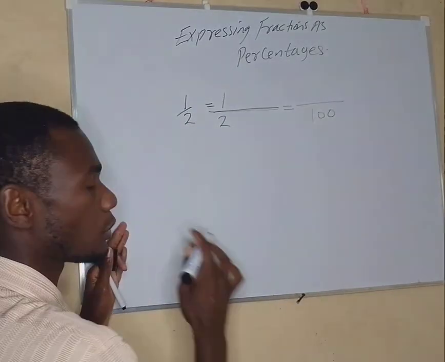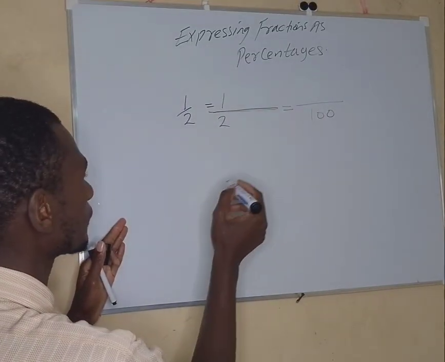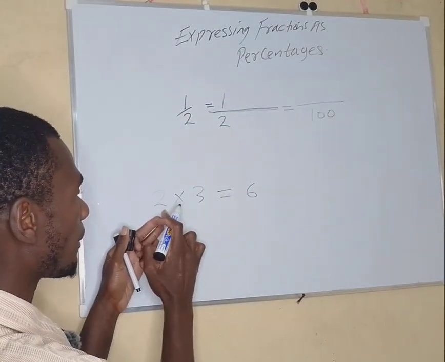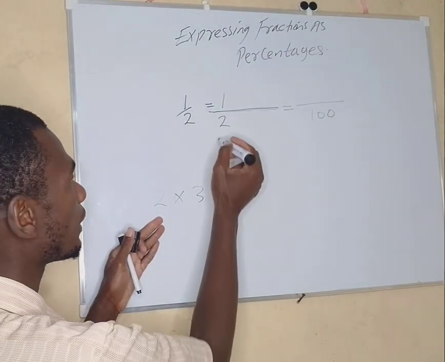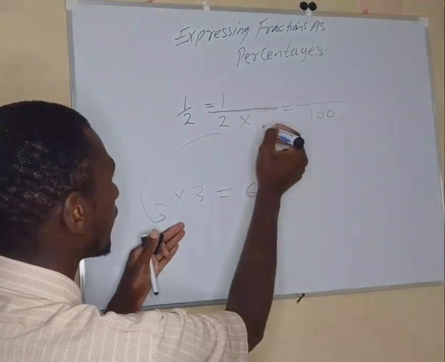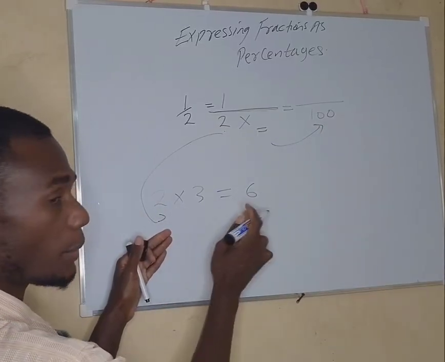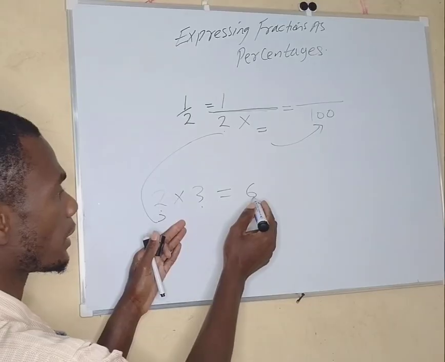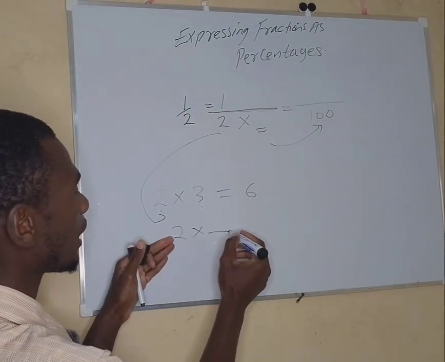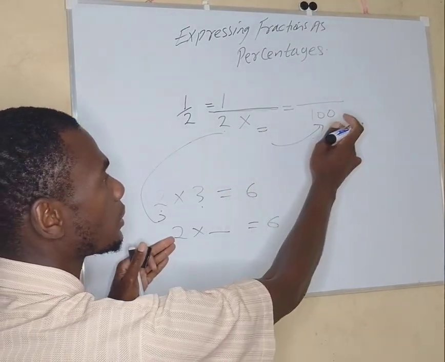But instead of guesswork, we will take this 100. In multiplication, if you have a number like 2 times 3, you will have 6. So there is this number 2, and we want to multiply it by a number here to give us this number here. Playing with these three numbers, 2 times 3 gives 6. If you are given 2 times dash is equal to 6, or in this case, 2 times dash gives you 100,